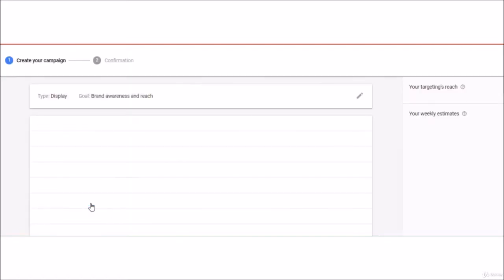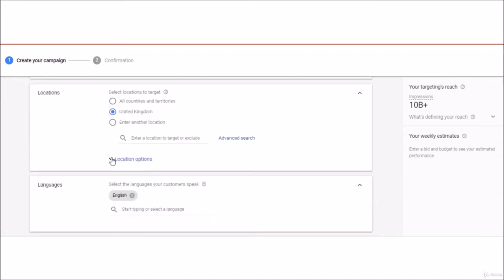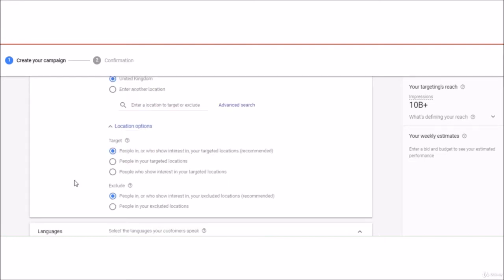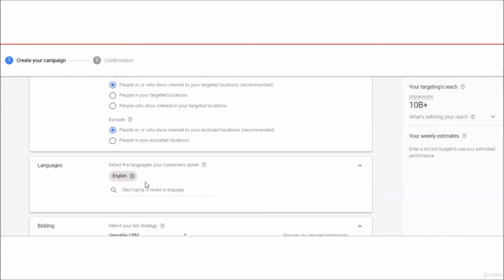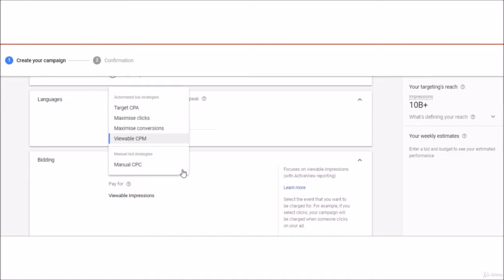Again, it's pretty similar to just setting up a normal display campaign, but we're going to target slightly different to what we did. So we just go ahead again and we can name our campaign whatever we like. Select our target locations. We can choose whether we want our location again either to be people in or who show interest, or just people who are in your location, and we can exclude places as well. We can type in our bid strategy. That's come up as viewable cost per million impressions, but what we'll actually do is we will click it to manual cost per click,